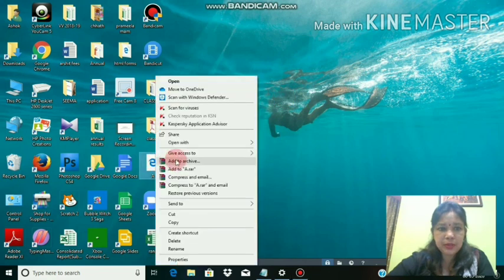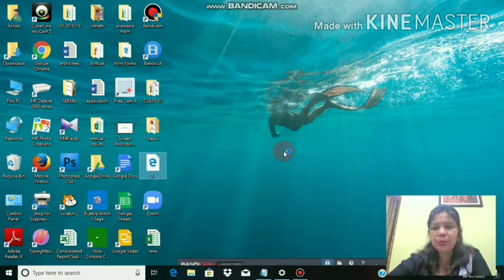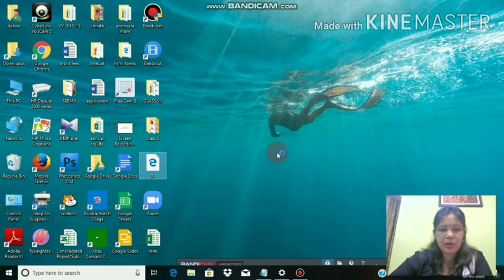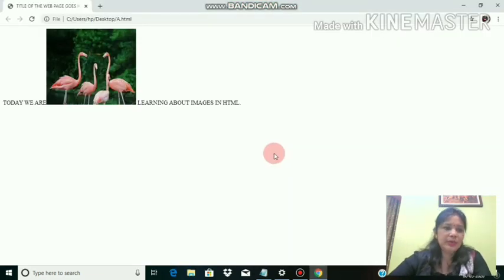open the web page. Many tags are dependent on the browser. So if one browser is not supporting, try to open it with some other browser. Okay, that can also be. Sometimes don't think that this is wrong, that is wrong. So see, the bottom part of the image is in line with the text. This I was talking about. So this is known as inline image. I hope it is clear to all of you what are inline images. If the bottom part of the image is in line with the text line, then this is known as inline